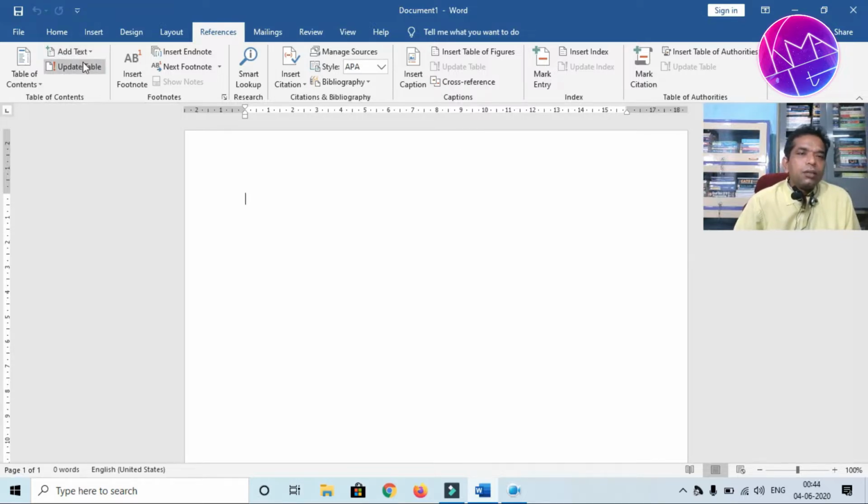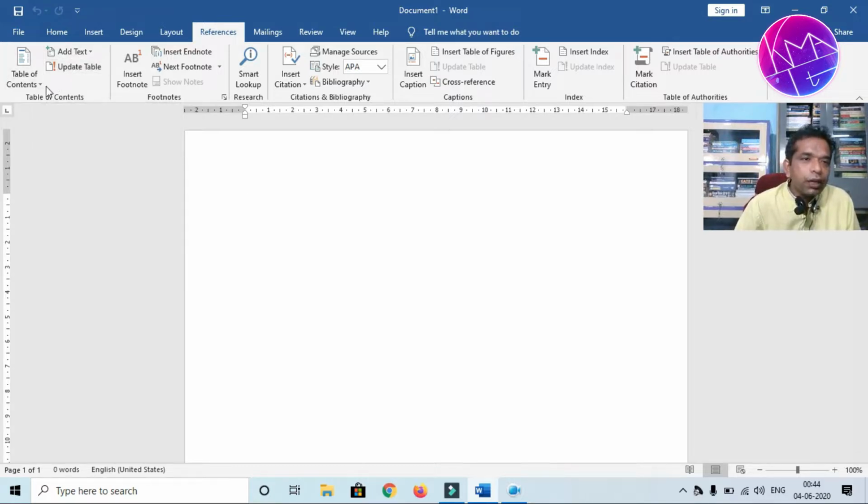Though you can create this table of contents in more than one way. The first one, you start with a blank Word file, then gradually generate the whole document along with the table of contents. Another way, you have somehow written the Word file, your text first. After that, you try to apply the concept of table of contents. No problem. Here we are starting with a blank document. So accordingly, let us see.